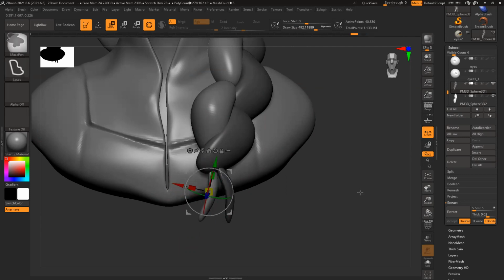And there is a ring, so append a cylinder.